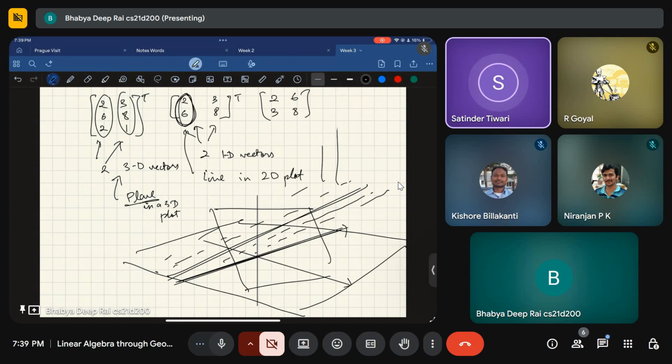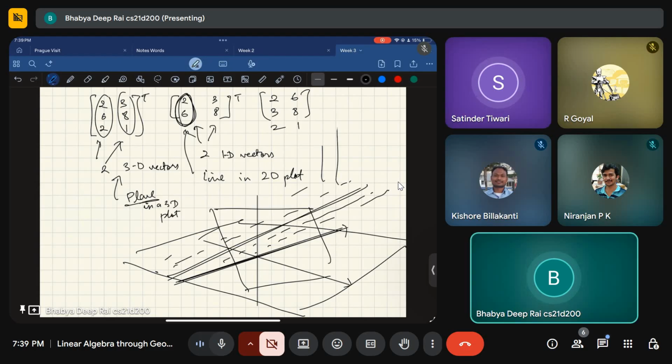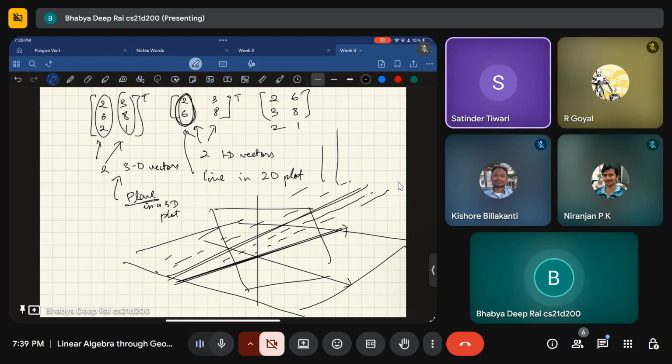Now it means that in the two dimensions I'm getting 2, 6, 8 as a coordinate, and in three dimensions I have 3 points as coordinates. Then in 2 dimensions I'll get 2 points, something like that. Yeah, that's exactly what is happening.